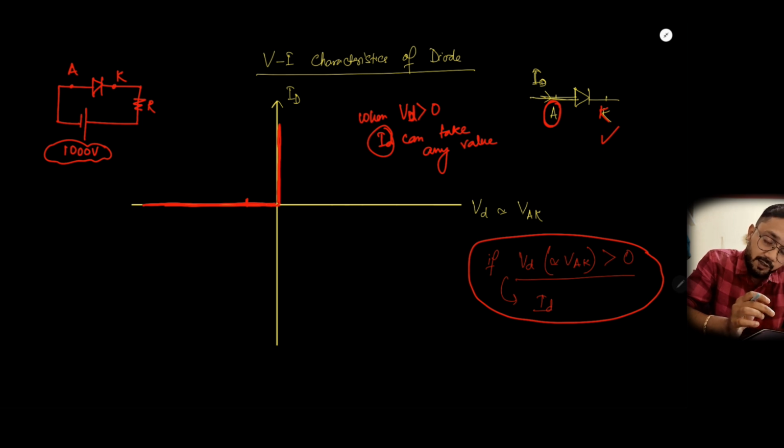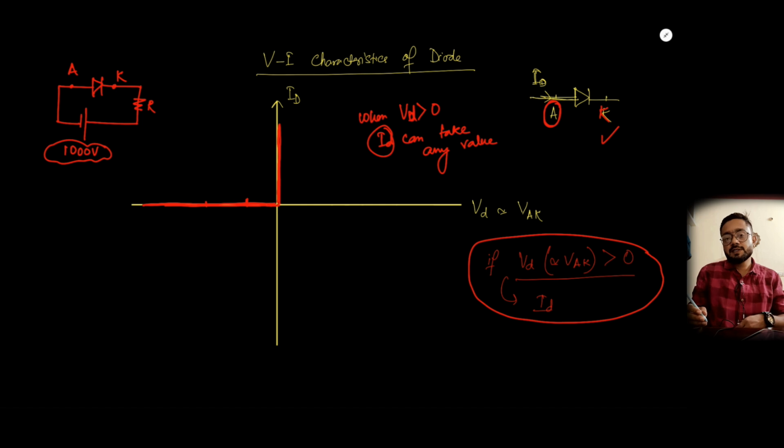The diode is not allowing the current to pass. 50 volts minus 50 volts, same. Okay, the diode is not allowing the current flow. But suppose you applied a very high reverse voltage, then what can happen is that the diode can break down. And when the diode breaks down, it will lose its properties. It will lose the properties of a diode, that is blocking the current in negative direction, and the diode will